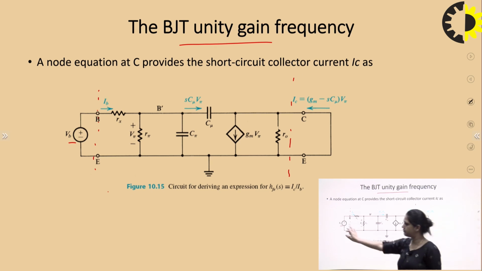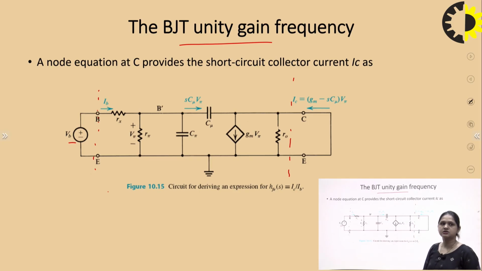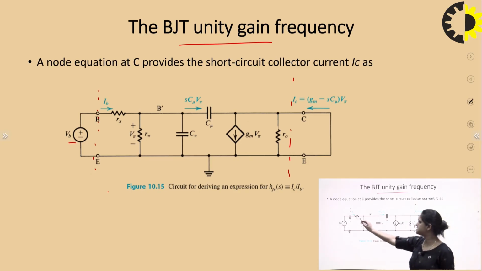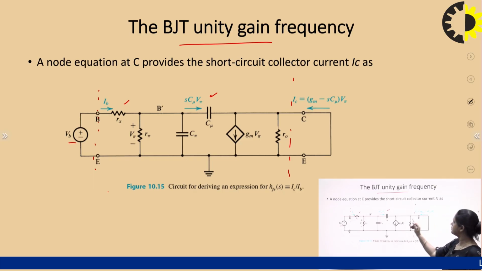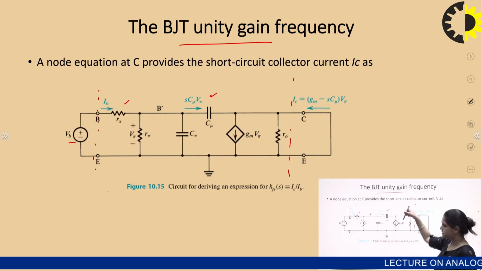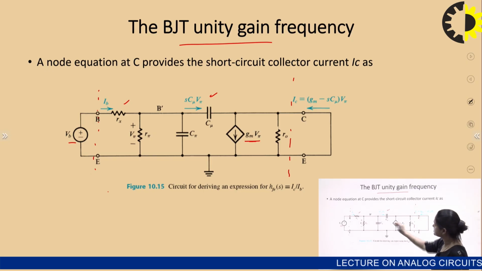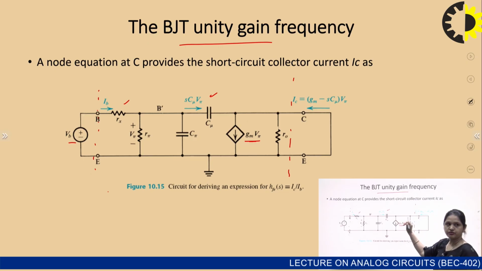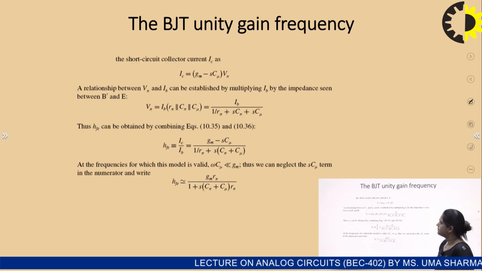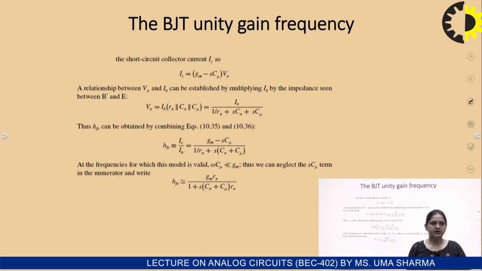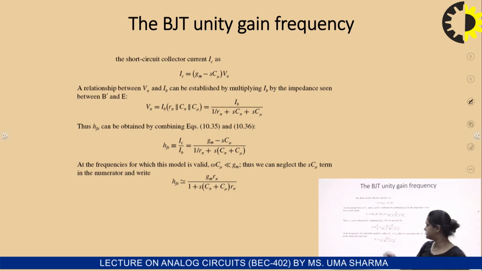Now we have applied a VB and we are checking the frequency response of this. You can see from the graph, it is self-explanatory. This is the IB. This current can be represented by C pi and C mu. This is the IC, which can be represented by GM V pi minus this current, because GM V pi is equal to this plus this. So from here we have calculated the value of IC. Basically we want to calculate IC by IB, which will be the gain.